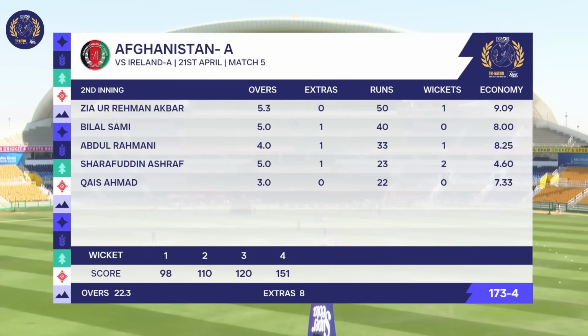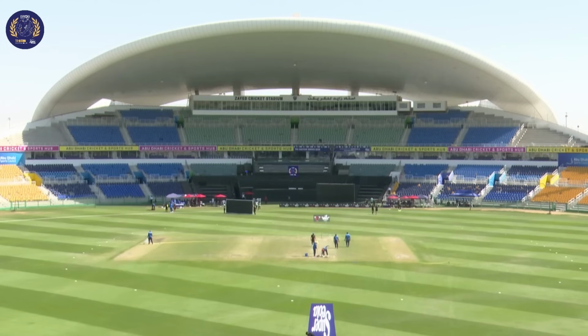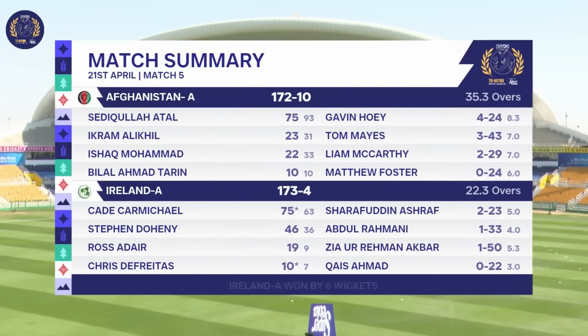When you dominate as a batting unit, you can see bowlers struggle to exercise any control against an inspired Irish side. Afghanistan bowled out for